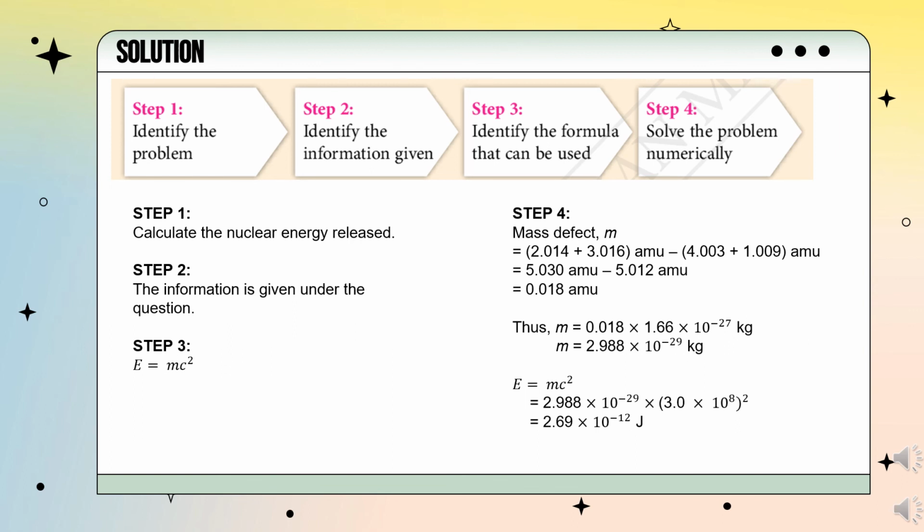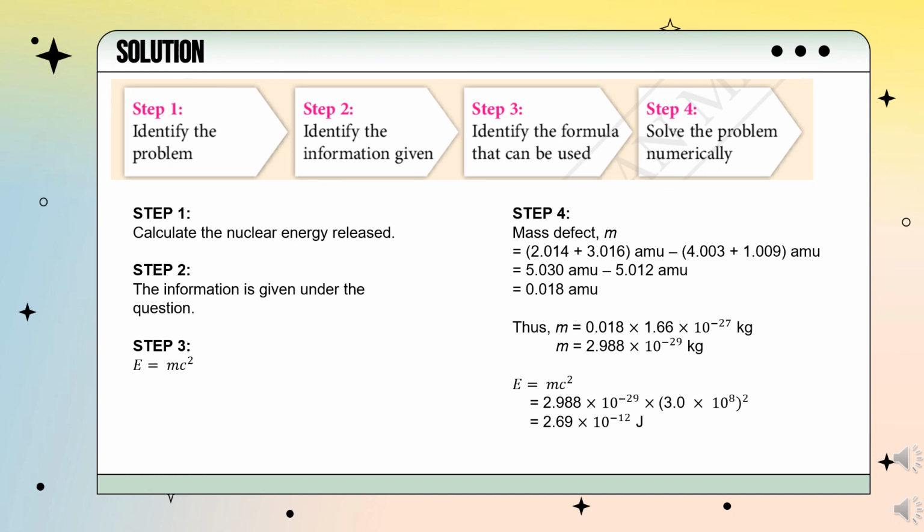Based on the question, the problem that we need to solve is to calculate the nuclear energy released. The information that we need is given under the question. And the formula that we need to use is E equals mc². By using the information given, we can calculate the mass defect of the nuclear fusion. The total mass defect of the nuclear fusion is